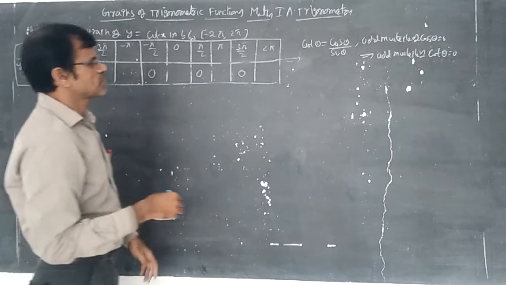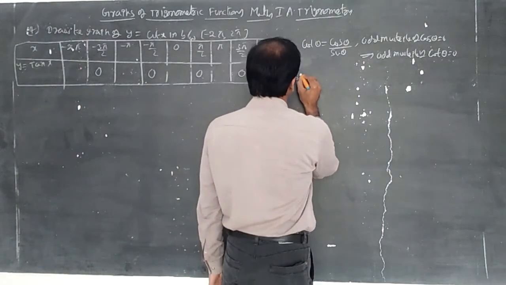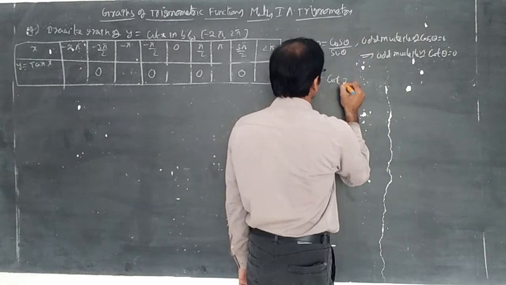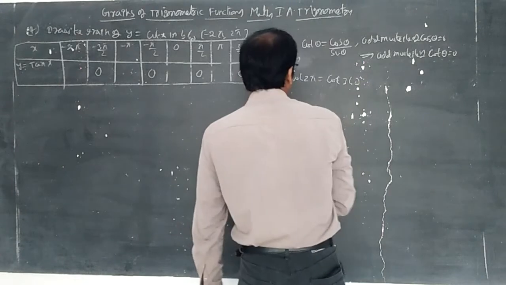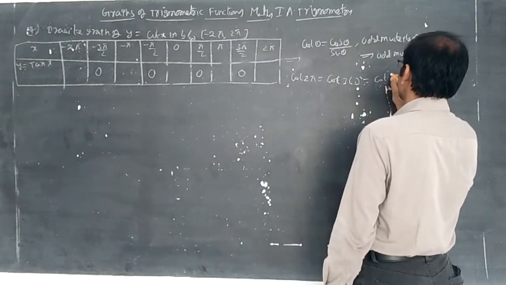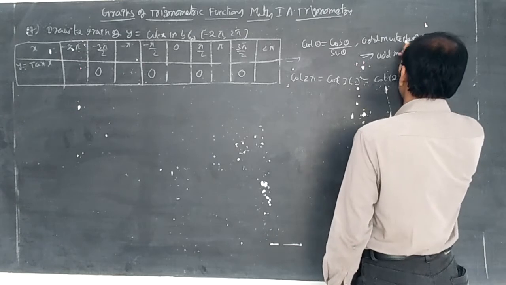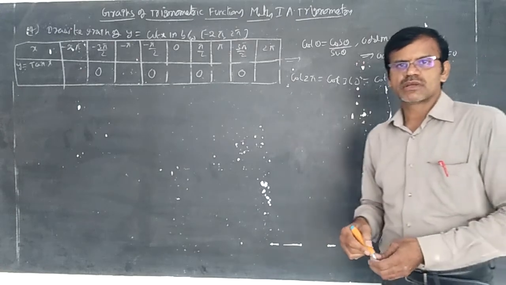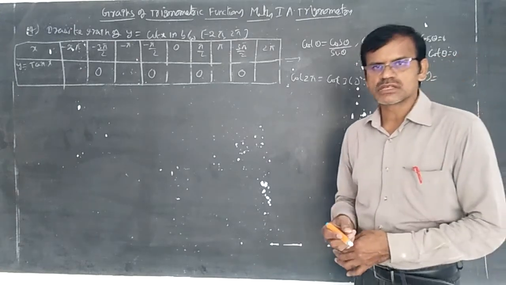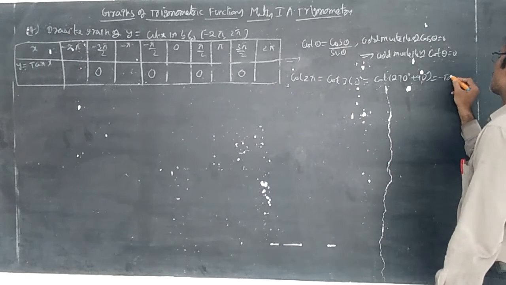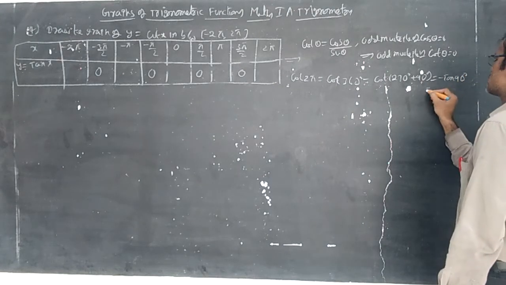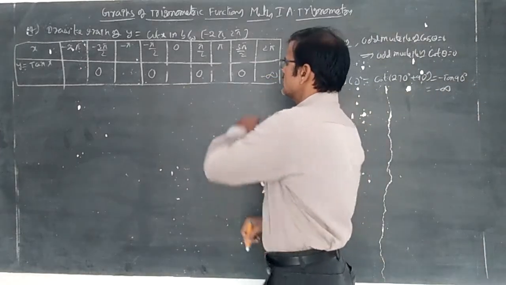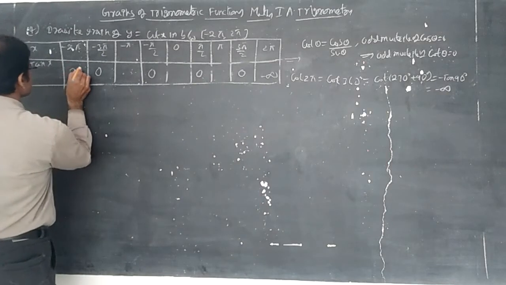Now let us discuss cot 2 pi. Cot 2 pi means cot 360 degrees. Cot 360 degrees, you can write as cot of 270 plus 90. Cot of 270 plus 90 is in the fourth quadrant. In the fourth quadrant, cot is negative. Minus tan 90 you can write. So this is minus infinity. This is opposite, so this becomes plus infinity.